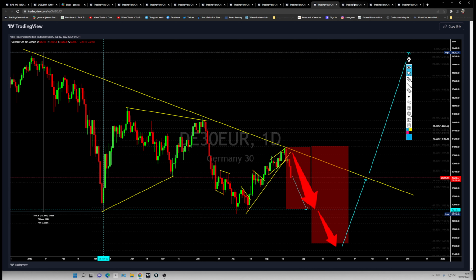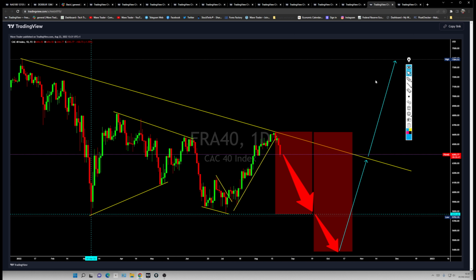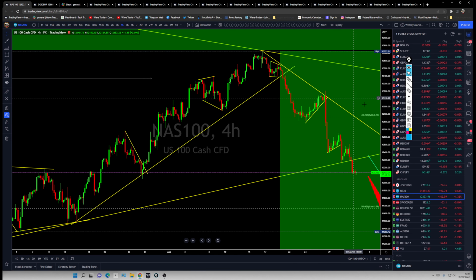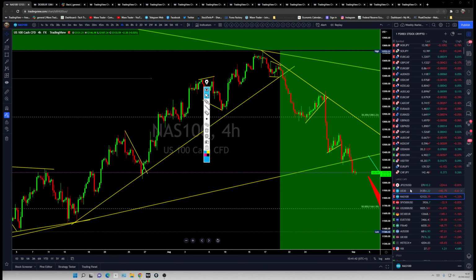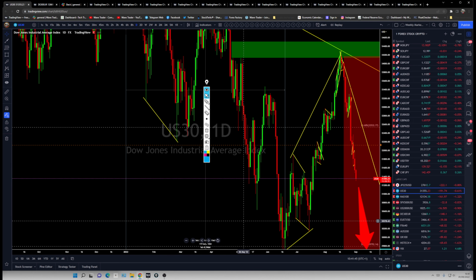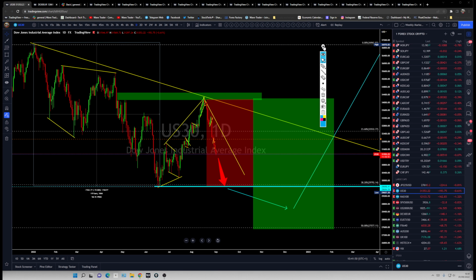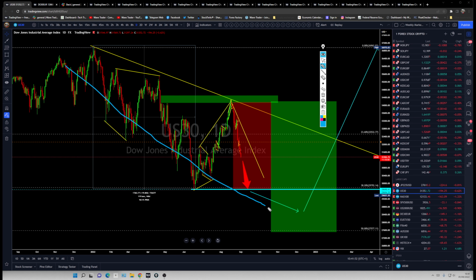So we are heading for the next bearish leg. The same goes for France 40, which is also heading for a bearish leg, so there is still room to run. Obviously there is going to be a buy opportunity once this bearish leg on these indices is over, and then you watch for them to go higher. The structure is going to be the same: this flag which is just appearing there, you're going to look for this bigger flag to go higher.